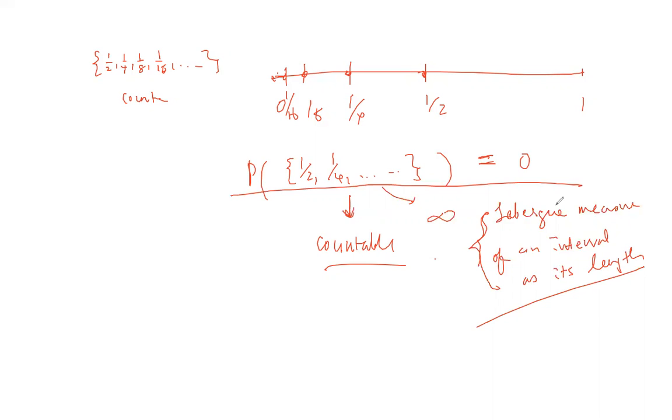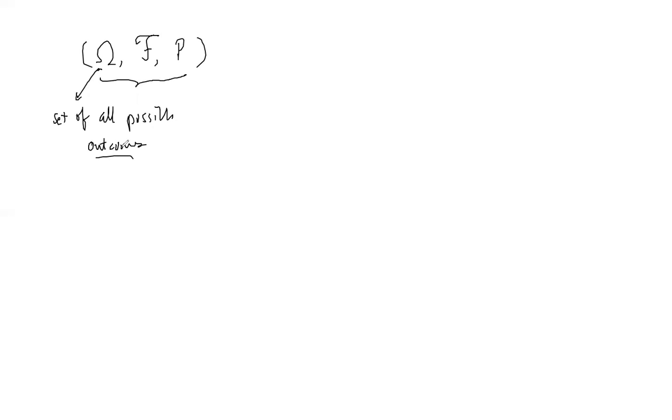So with this part settled, we now can formally talk about things like a probability triple. Every time we talk about any probability statement, it has to be with respect to this probability triple. There is an omega, the set of all possible outcomes, depending on what sort of process we are talking about. So your omega will be different.